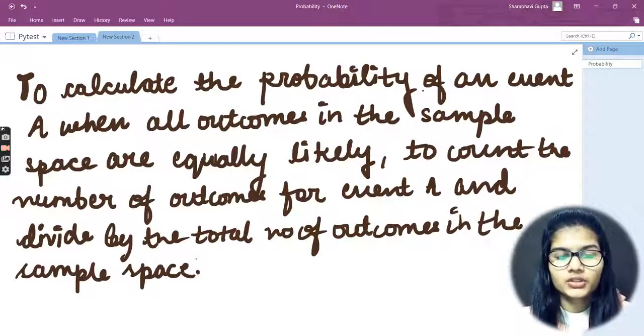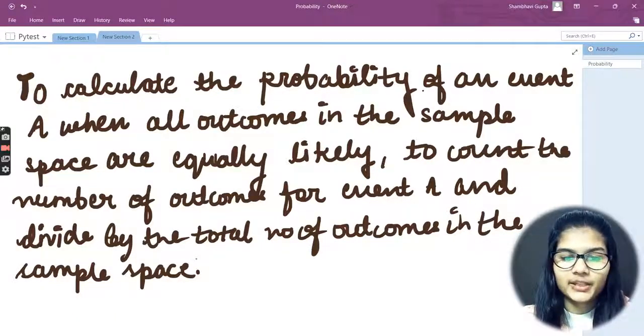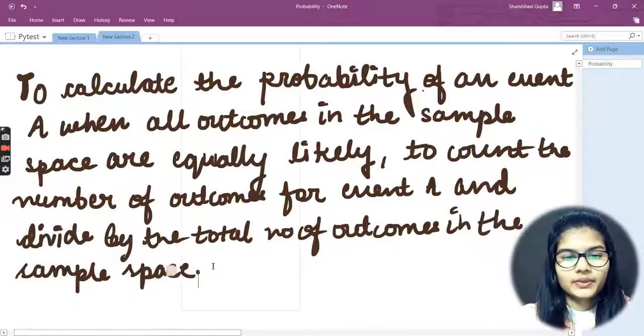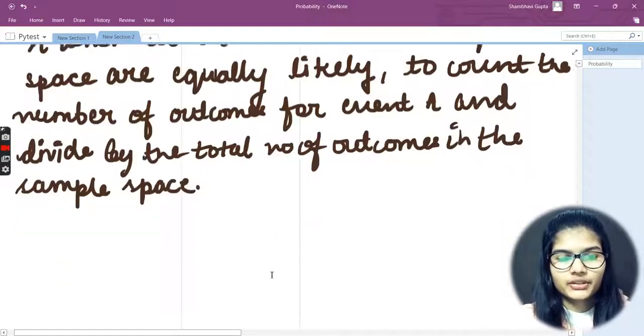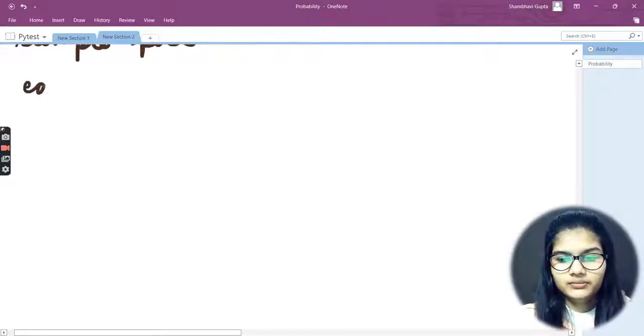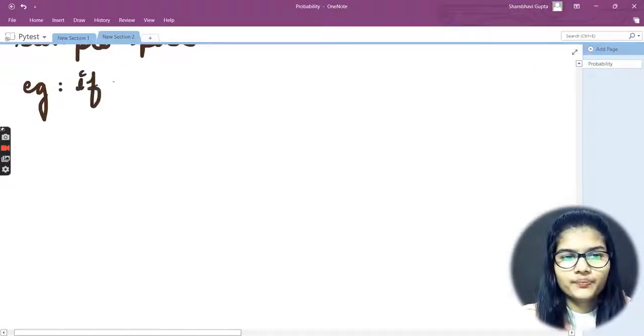Okay, so this is how you calculate the probability of an event when the outcomes in the sample space are equally likely. Now let me quickly take an example here. So let me get down from this particular place. Fine, my example goes in a way that, let's say,